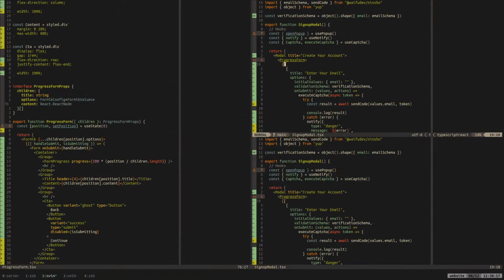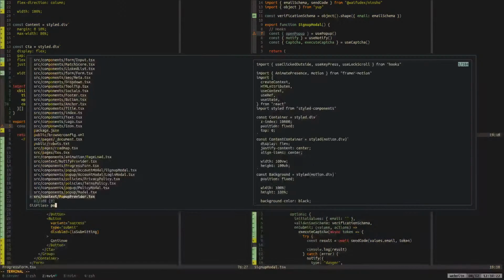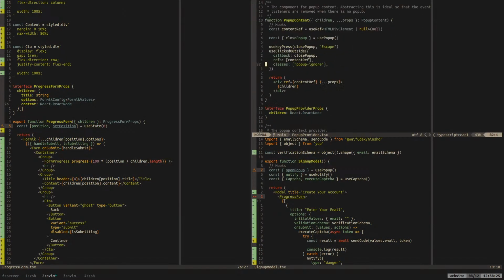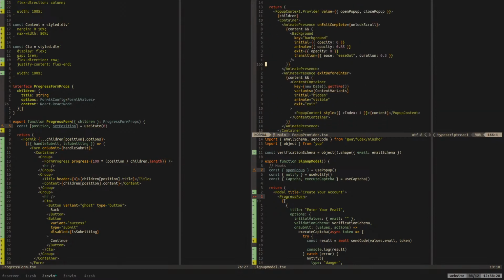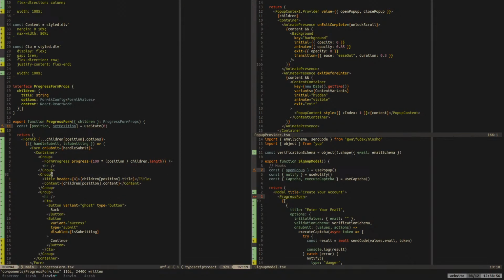But what was I gonna do? Oh yeah, I was gonna look at how I did pop-ups, because it also helps to look at my old stuff to help me remember what I need to do. Okay, so I think, let me see. It's the children thing that is the problem. But what we want actually, and what's the point of this? Sorry. Okay, that just spaces that out, so I actually don't want that to happen.